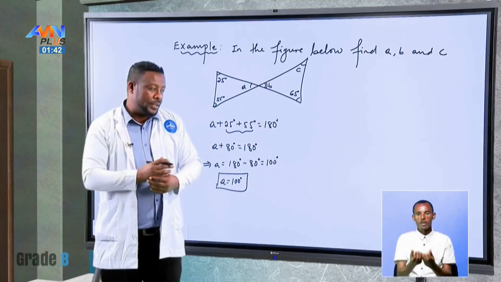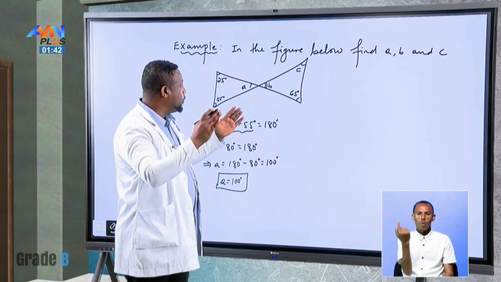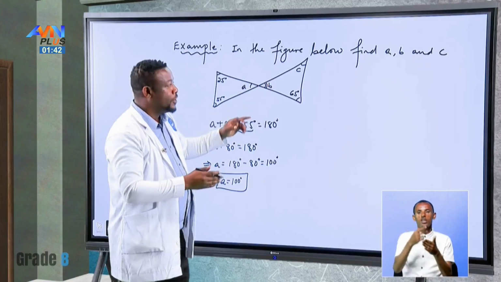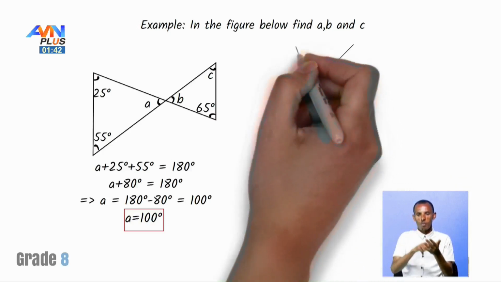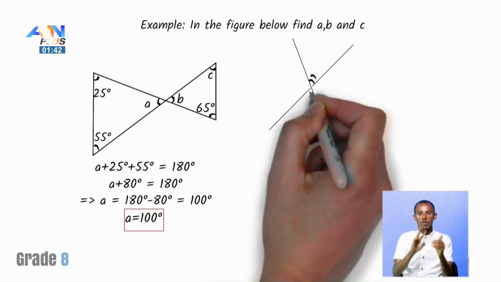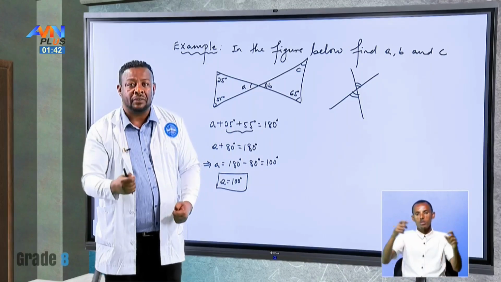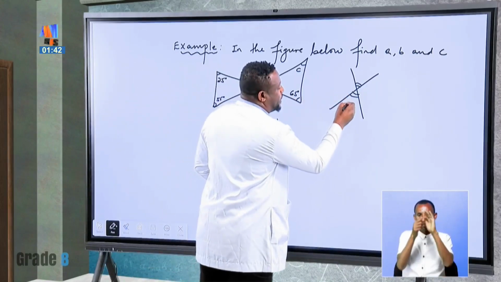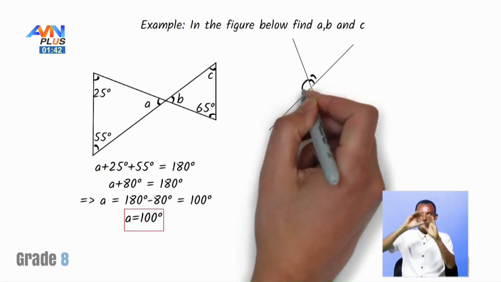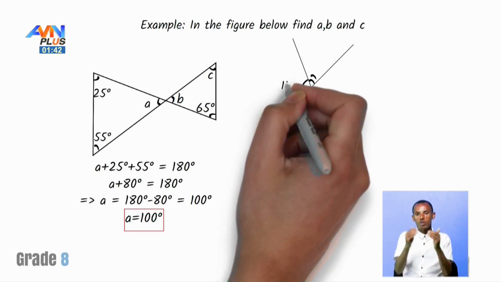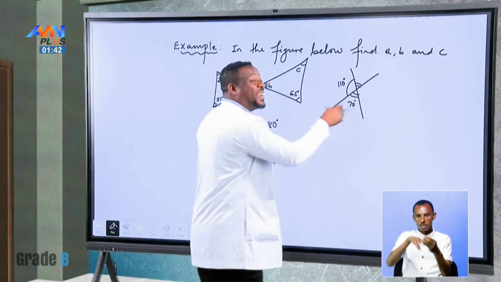To find the value of B, you always need to think of these two angles. If there are two lines intersecting at some point, these two are congruent, and we call them vertically opposite angles, right? Vertically opposite angles are congruent. So, for example, if this is 70 degrees, the remaining part, because it forms 180 degrees, becomes 110, because the sum of a straight angle is